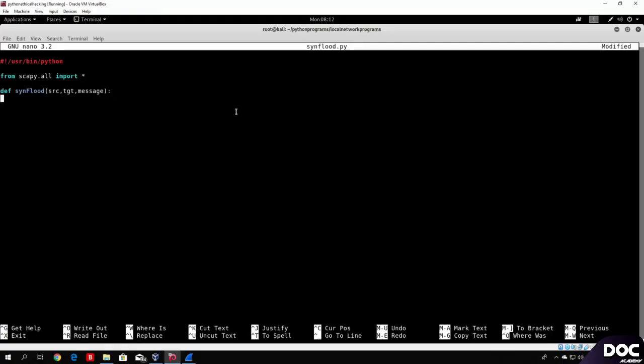In order to make a SynFlooder, we want to spam every single port. To do that, we can just use a simple for loop. Actually, we don't want to loop with the source port, we want to loop with the destination port since we are sending this to the target. So for destination port of our target, in range